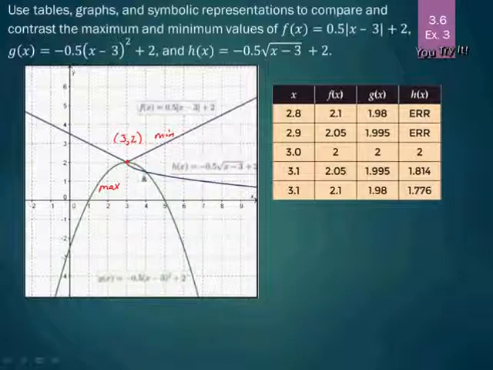And then on our square root function, we see its endpoint is also (3, 2), and then it continues downward. And so it is also a maximum here for h(x). And they all have the same point in common, but only the absolute value has the minimum, and the other two have a maximum. So then looking at our table, we can see here that, again, they all have (3, 2)